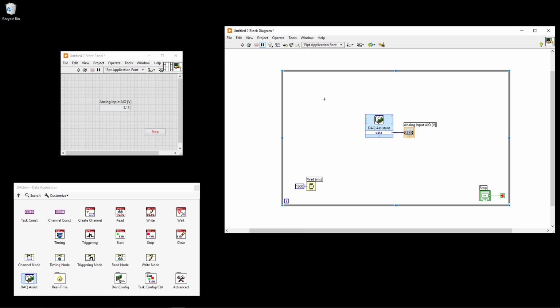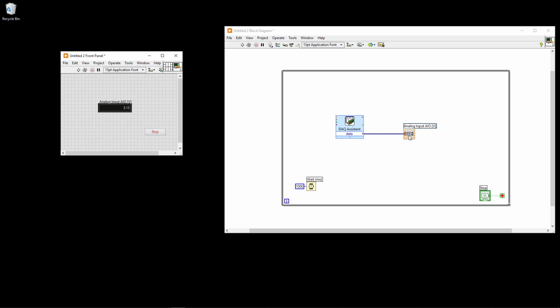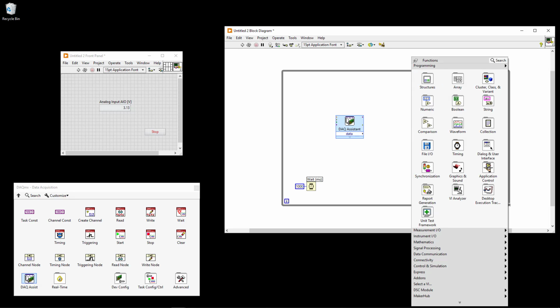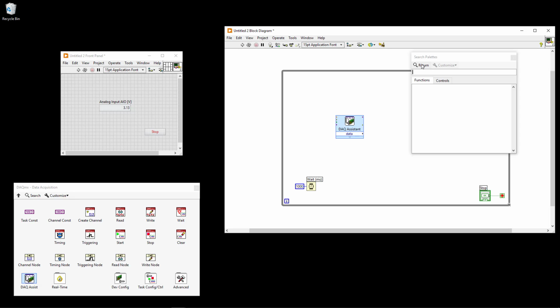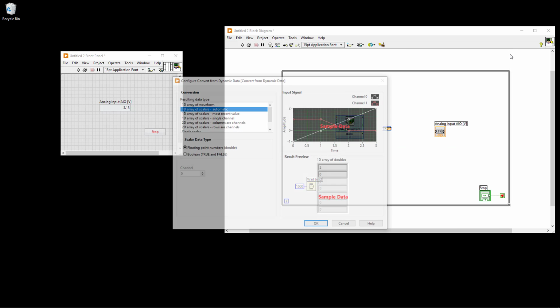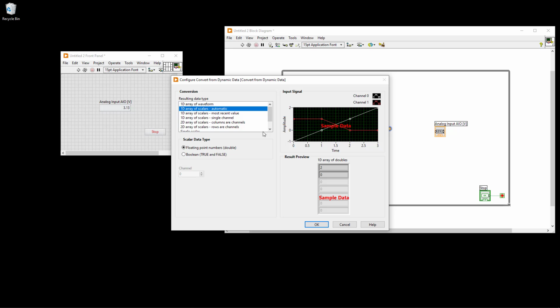Another improvement that you may want to do is to convert to the proper data type, because this blue data type is a so-called dynamic data type, while this one is an ordinary double value. So then typically you may use this built-in function that you find in LabVIEW just by searching for it. Convert from dynamic data. So you just select this one and put it here in your block diagram, and then this will pop up, and in our case we will have a single scalar. Click OK,